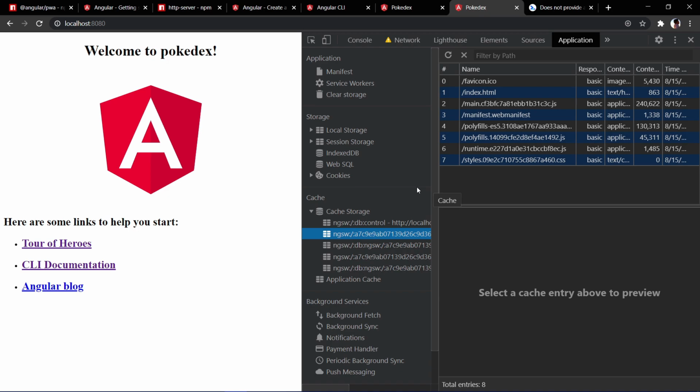Okay. So there are two important aspects of the PWA which we can try out in this application. The first is the offline mode. As of now, you are just loading the entire application right away. We do not understand whether it's an online application or an offline application. And the second feature we will try out is the update.